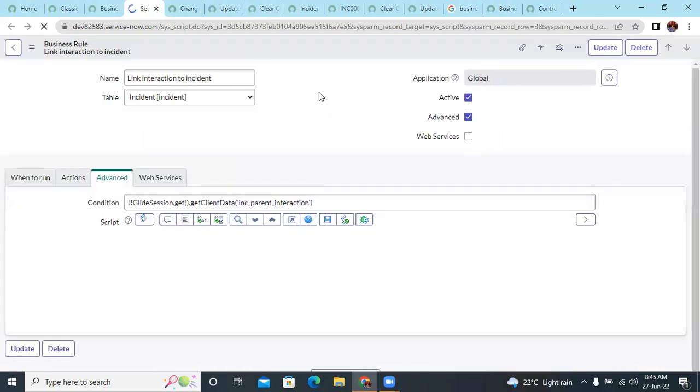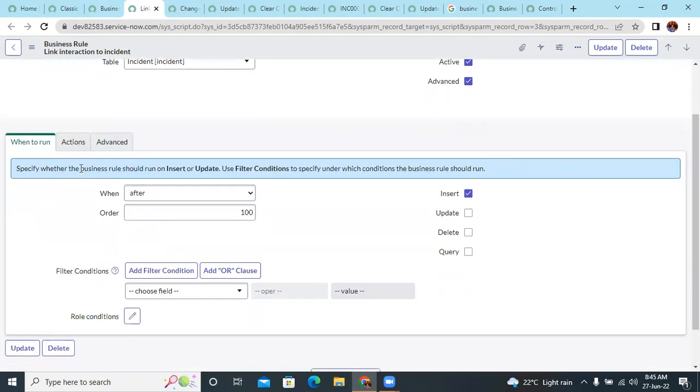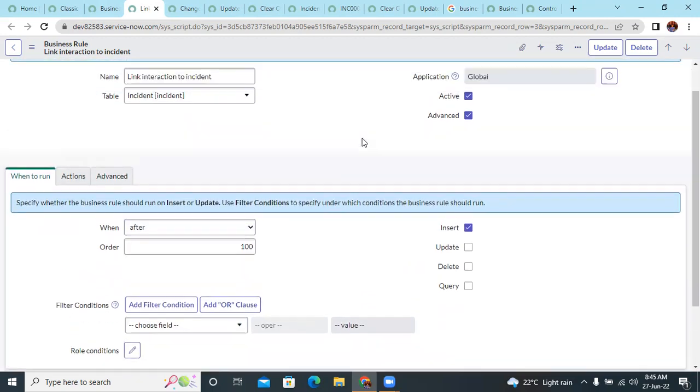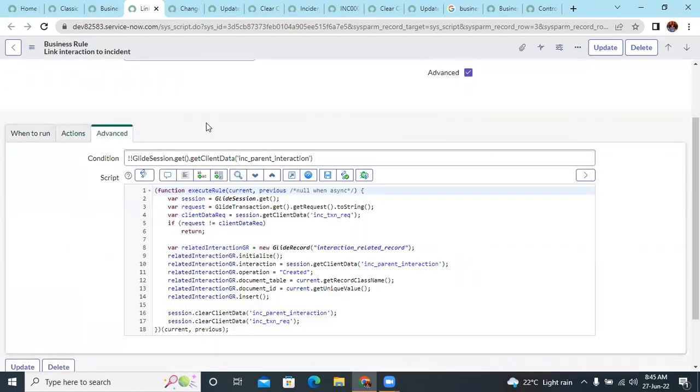For example, this is the perfect example, where we are trying to link an interaction to the incident. When, after inserting the data, whenever any new incident gets created, here we are trying to get some client data with the name incident parent interaction. If it gets to true, then what we are doing here